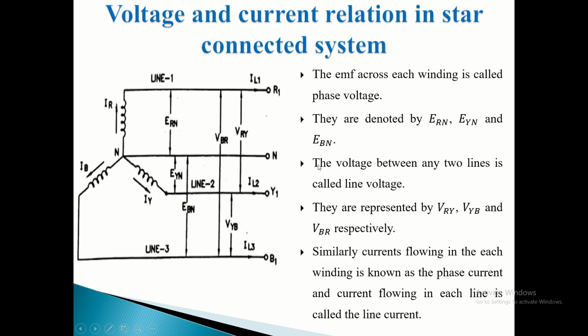The line voltage is denoted by VRY, VYB, and VBR. Line voltage is known as the voltage between any two lines. So VRY between line 1 and line 2, VYB between line 2 and line 3, and VBR between line 1 and line 3. IR, IY, and IB are known as phase current. It is flowing in each phase winding or each coil. Line current means